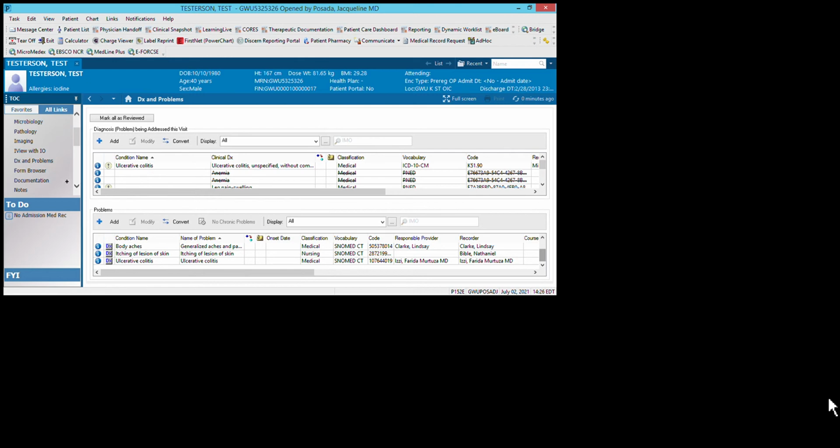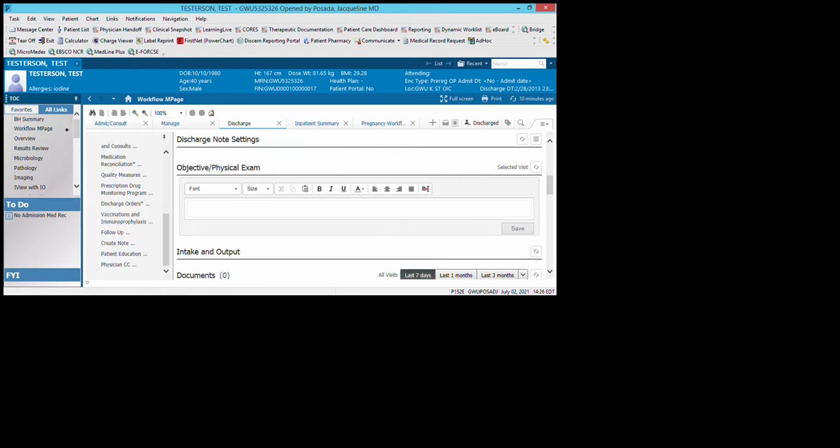And the reason why you want it to be accurate is because when the discharge summary and the patient's discharge instructions are generated, it is going to give them a list of all of the problems that were entered into their chart. So if you diagnosed them with major depressive disorder with psychotic features, but then you didn't remove schizophrenia, it's going to be very confusing. So I'm going to show you here where to add problems. I think the easiest way to add problems is through the workflow M page, and in your assessment and plan,